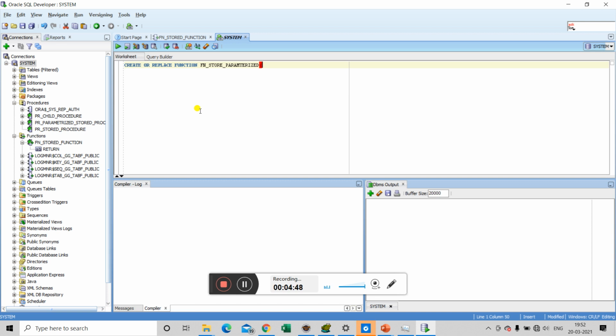The only thing is we need to declare the parameters that this function will take. So let's assume this function is taking v param num, and this variable will be of type number.